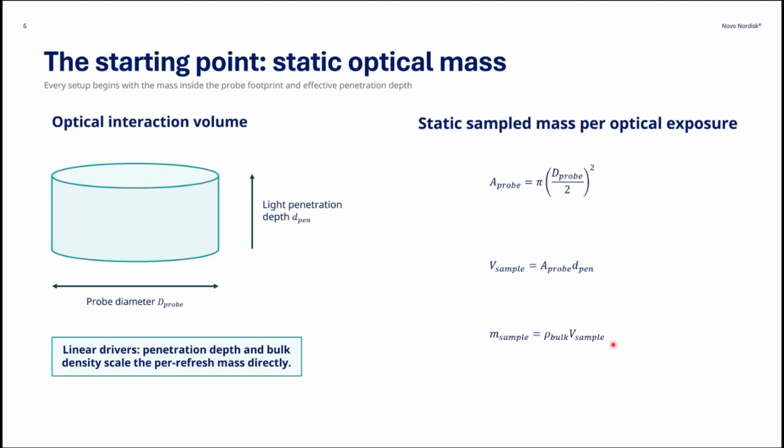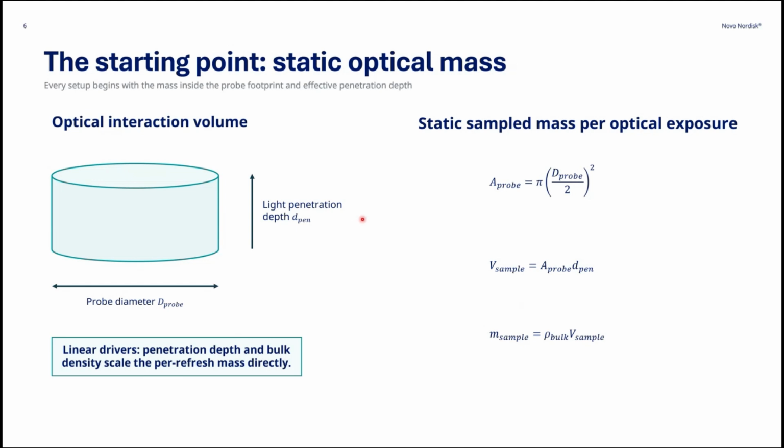So we start very simplistically. We say that the NIR probe, or it could also be a Raman probe, has an optical interaction volume. Very simplistic. I know there are papers talking about how it's more spherical and things like that, but for this engineering exercise, it works really well. So we have the diameter of the probe and the light penetration depth, and there are numerous ways to try to estimate that, and we have one way to do that for a static optical mass, which we use.